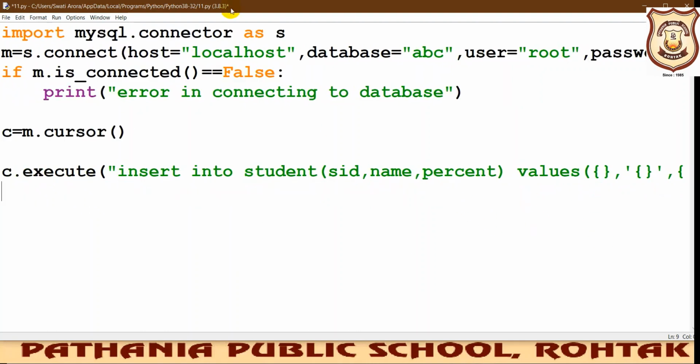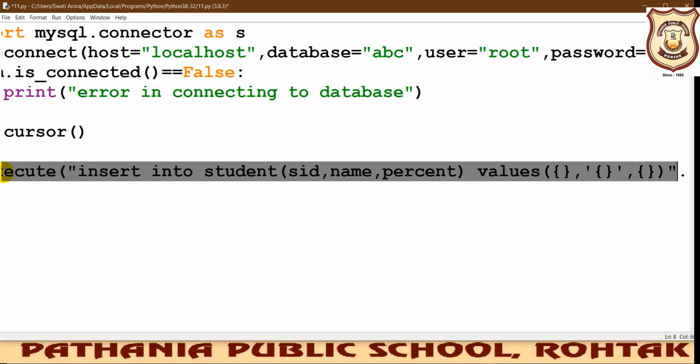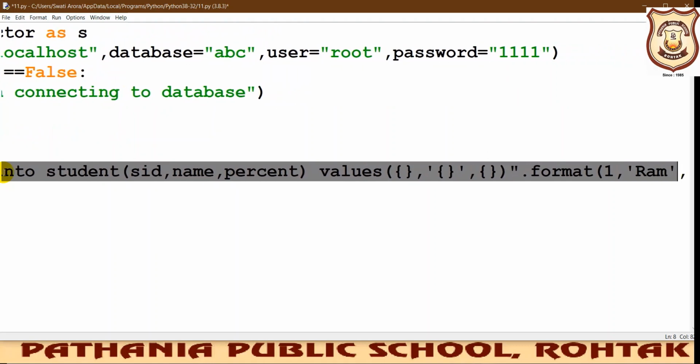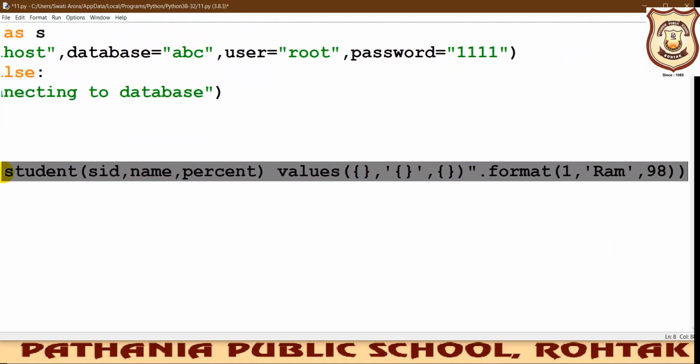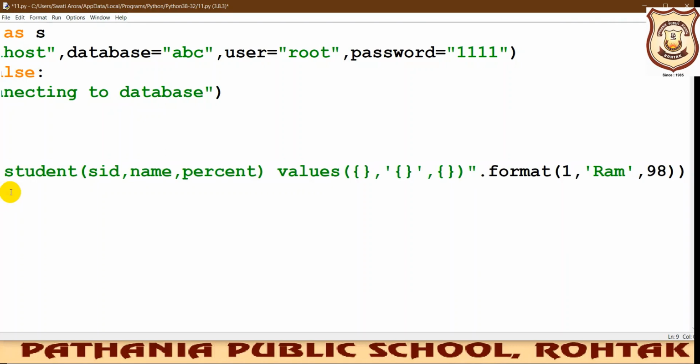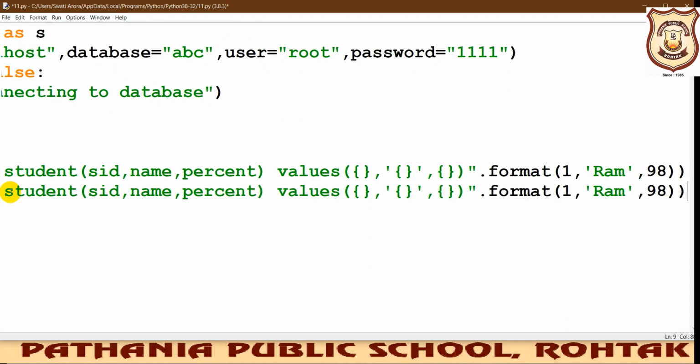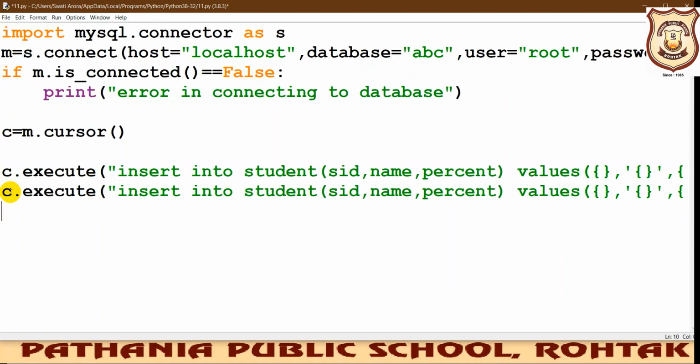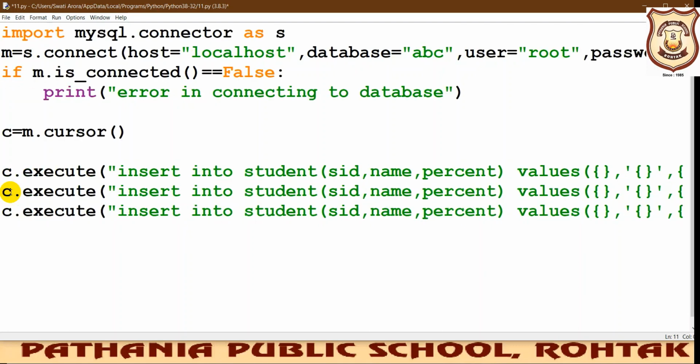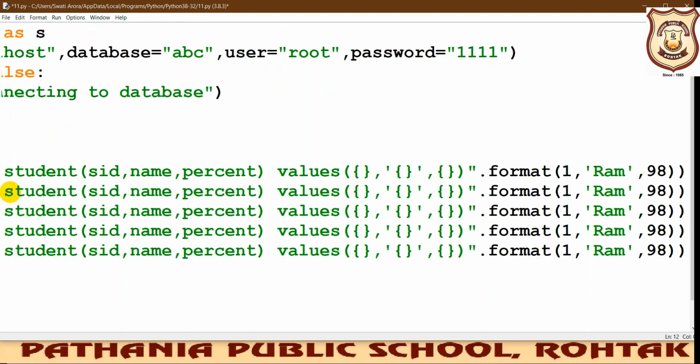I need to invert it back. Copy, and then again paste it, then enter, then paste it, then enter, then paste it, then enter, then paste it.